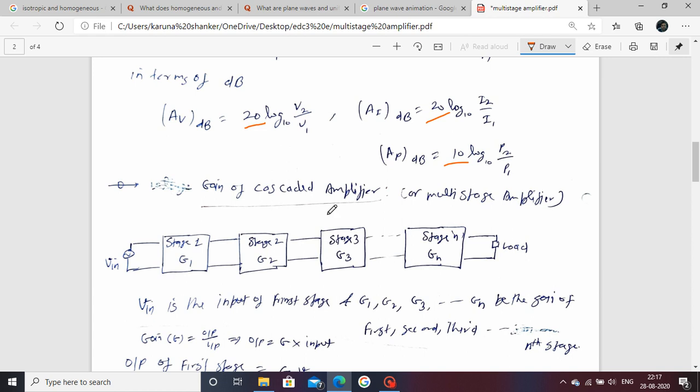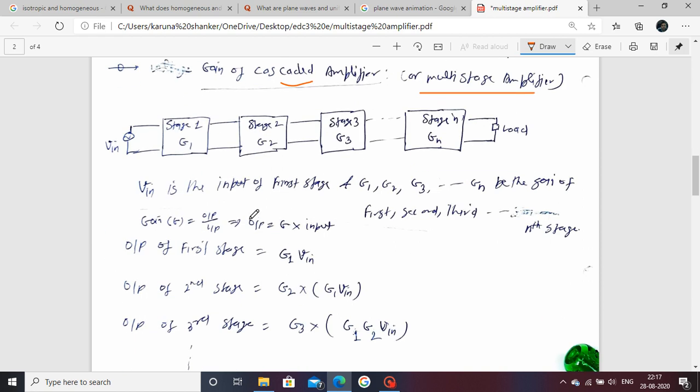The next point is the gain of a cascaded amplifier, or multi-stage amplifier. Cascaded and multi-stage both mean the same. This diagram shows stage 1 with gain G1, stage 2 with gain G2, and so on up to G3. These are the gains of the stages of the amplifier. Suppose an AC input is provided, and next we observe the output if we consider n number of stages. Then we calculate the overall gain of the